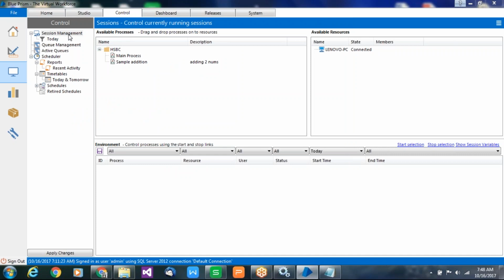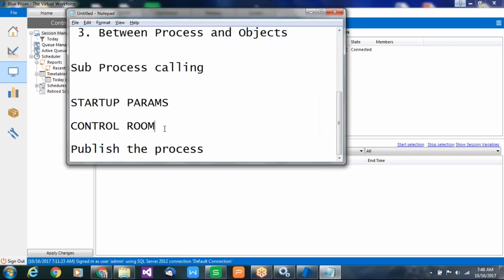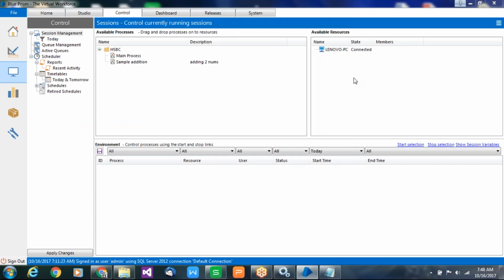Here, under session management. What is session management? Now I am coming back to the control room concept. Session management is divided into three kinds of sections here in control room.